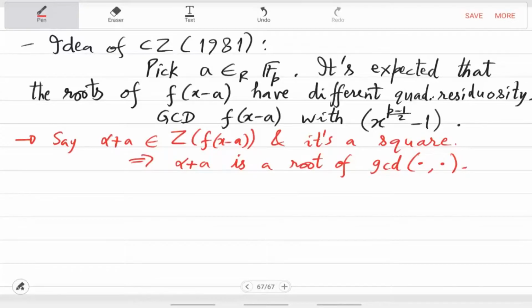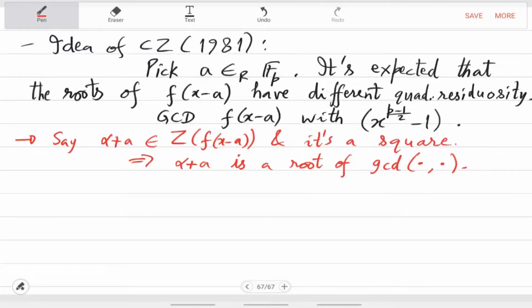So, your goal is to pick an a such that f of x minus a has different kinds of roots. So, at least one root should be there which is a square, and at least one root should be there which is a non-square. If all of them are square, this game you could have played already with f of x. So, in f of x,